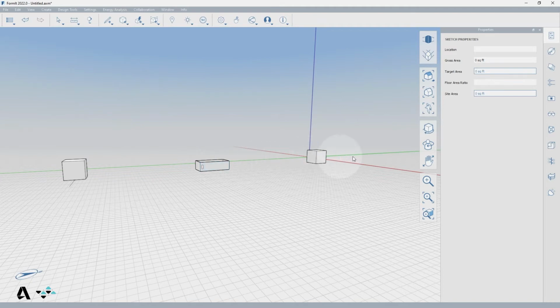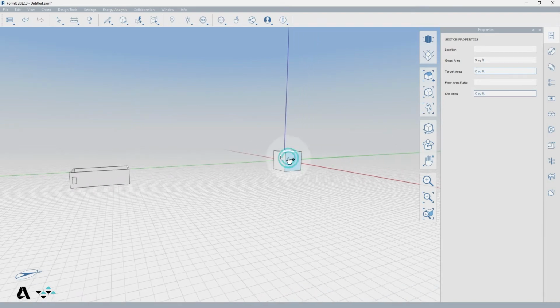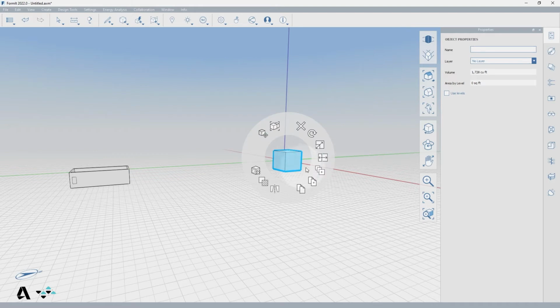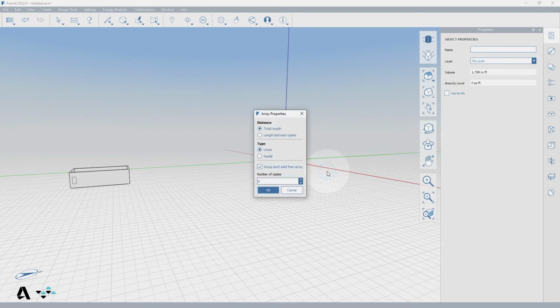Let's begin by double-clicking to select the whole cube and right-clicking to activate the context menu. Here you will find a group of editing tools relative to the objects selected, and as you hover over each icon you will see its purpose revealed in a tooltip. Let's select the Array tool, or AR, as a keyboard shortcut, and this brings up the Array Properties dialog asking